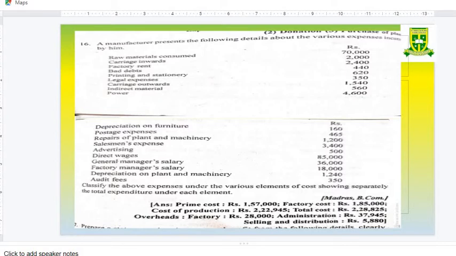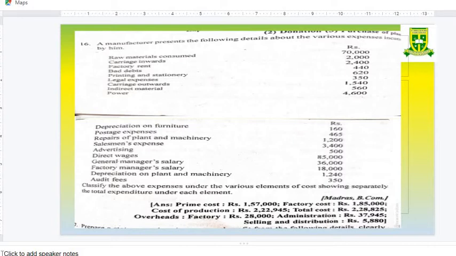And the next one is bad debts. Bad debts are expenses which cannot be recovered from the debtors. Who is the debtor? A debtor is the person who has to give us money because he has bought some goods from us. We have made a sale to the debtor, and he has to repay the amount. So bad debt belongs to the outsider, so it has to be shown in the selling and distribution overhead, because after making the sale this expense will happen. This is the reason we show it in selling and distribution.